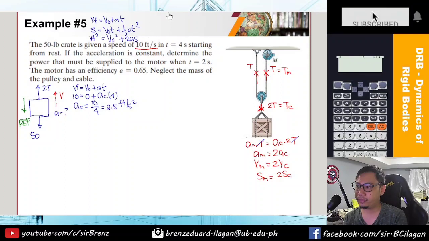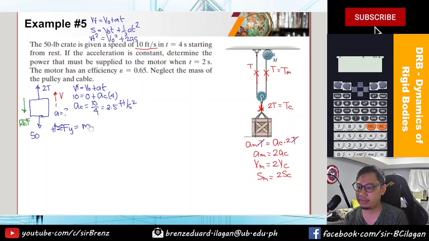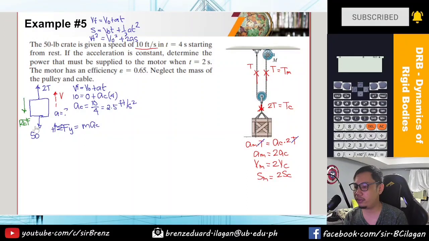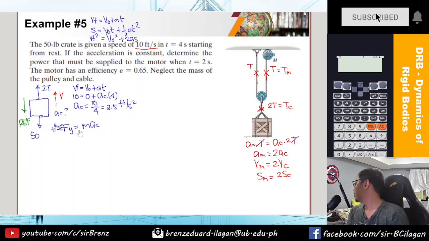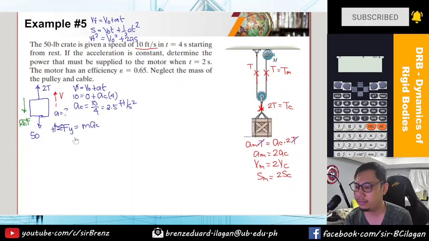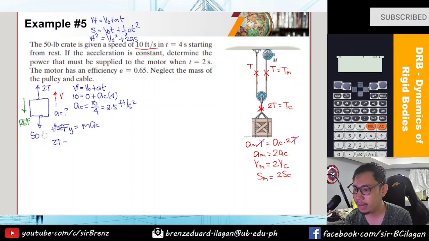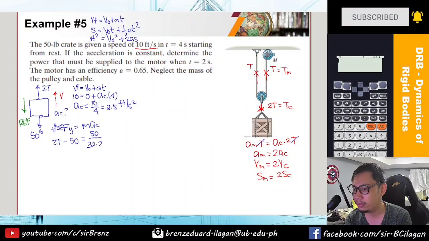To compute this, we take the summation of forces in y, assuming upward direction, equals the effective force, or the mass times the acceleration of the crate, A sub C. So 2T minus its weight of 50 equals the mass. The given is weight in pounds, so 50 divided by 32.2, times the acceleration of the crate, which is 2.5. From that, we can get the value of the tension, which is equivalent to